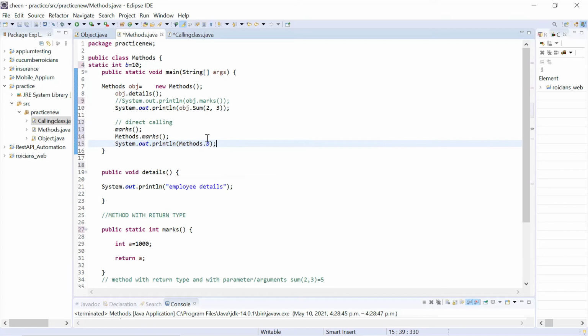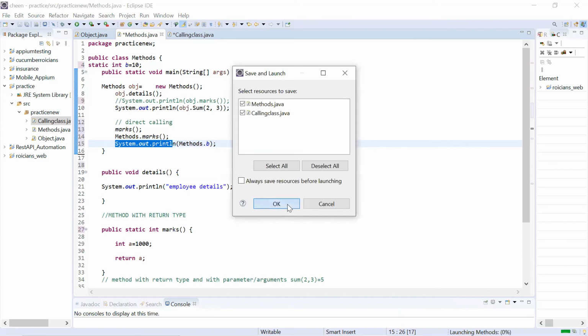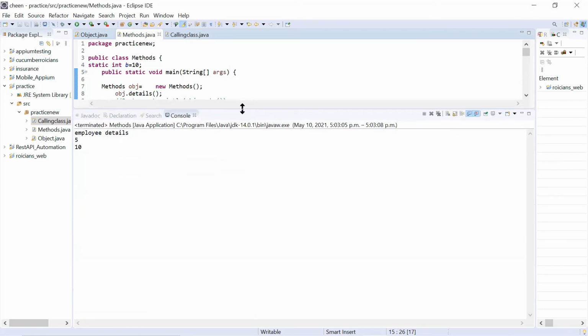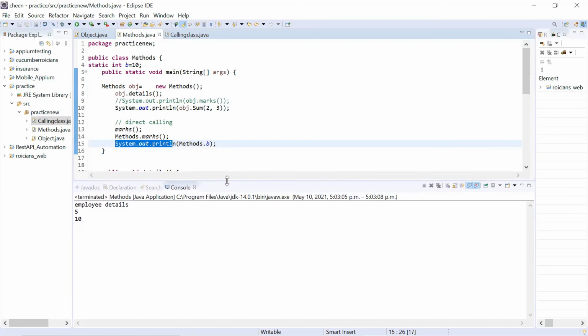So this is how you can call B variable. You need to incorporate it in system.out.println. You want to display its value. So click on run and look at the result. It is displaying me B's value, which is 10.